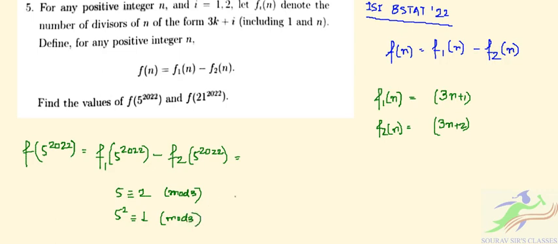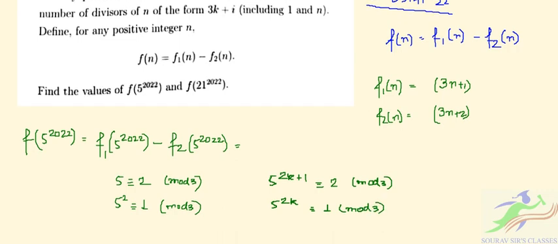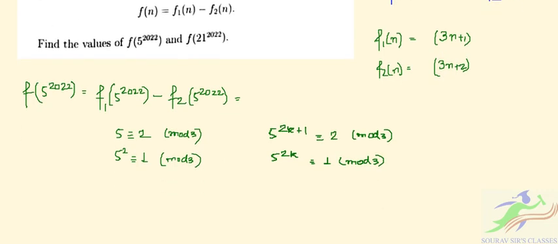So here we can write that 5 to the power 2k plus 1 will be congruent to 2 mod 3, and 5 to the power 2k will be congruent to 1 mod 3. Okay, so now